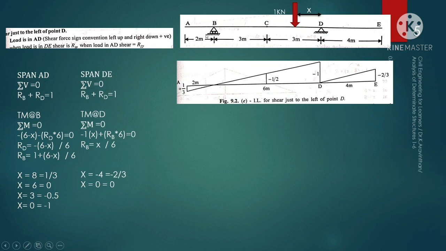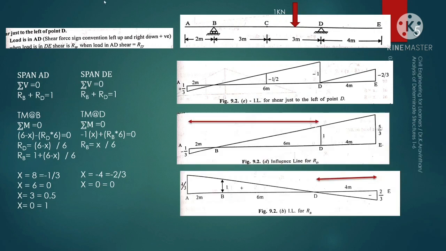Why? You can question that there are number of spans, that is AB, BC, CD and DE. Why we are considering A to D is, our point of interest is to find the shear force at D. When a load is left side to support D and when a load is right side to support D, which only changes the case. So that is why we are finding up to A and D one span and D and E as another span.